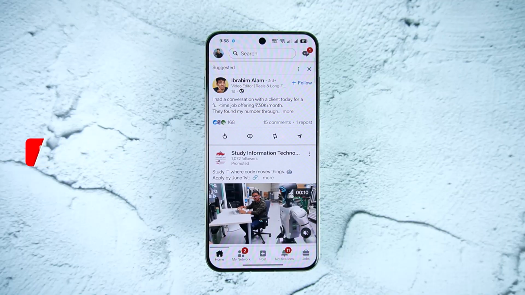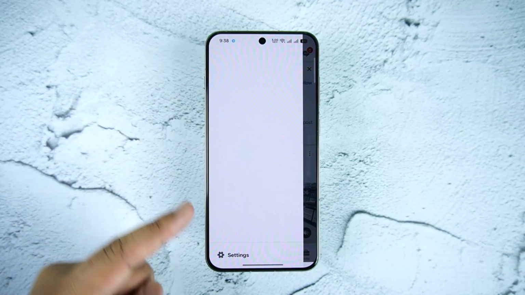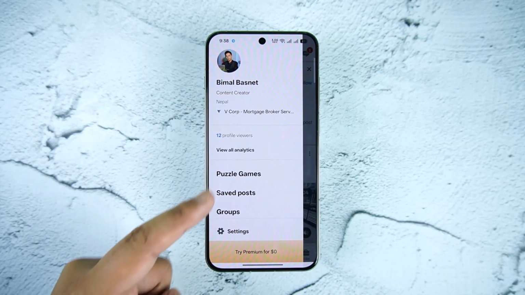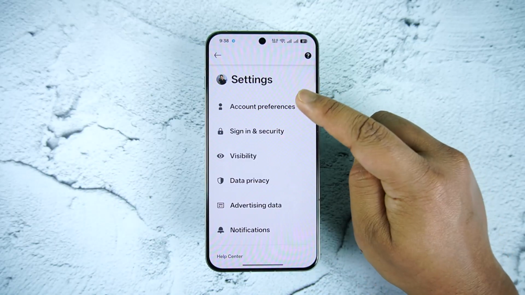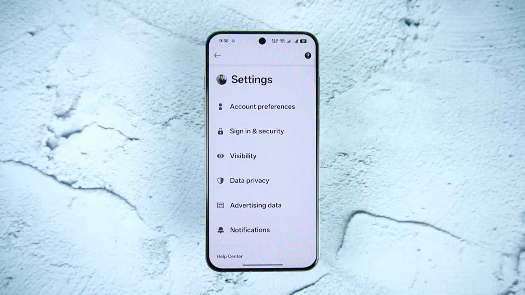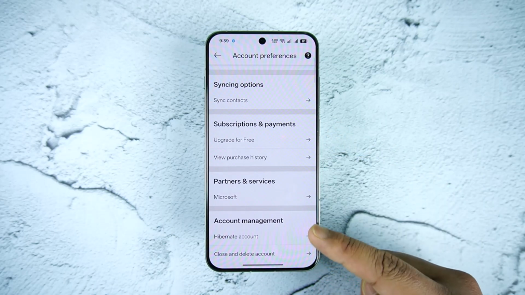Once we launch the LinkedIn app on our device, tap the profile icon from the top left of the screen, and from the very bottom left, you just want to go to this option called Settings. From the Settings tab, you'll find all these options, from where you have to go to the option called Account Preferences. And from Account Preferences, again just scroll all the way down to the very bottom until under Account Management